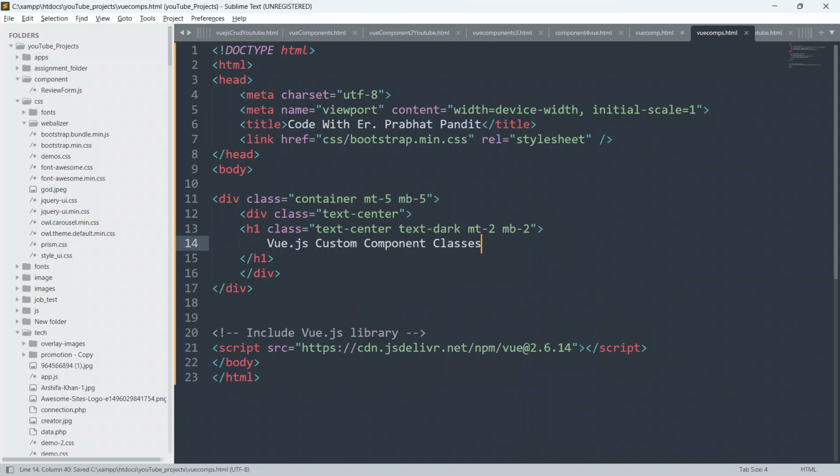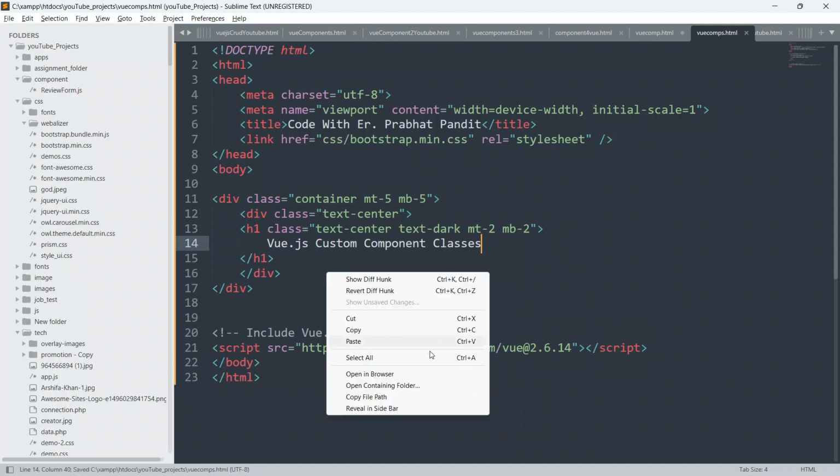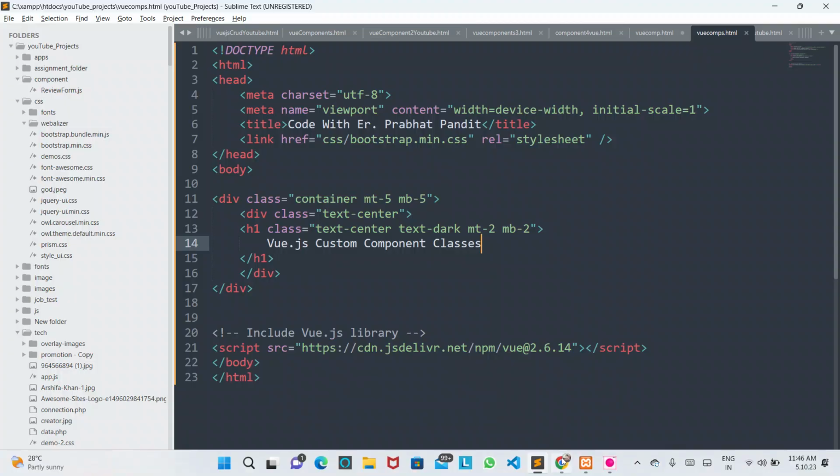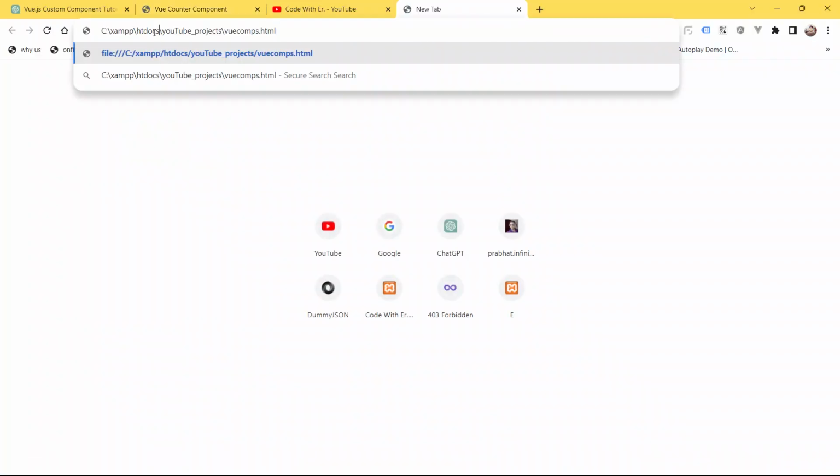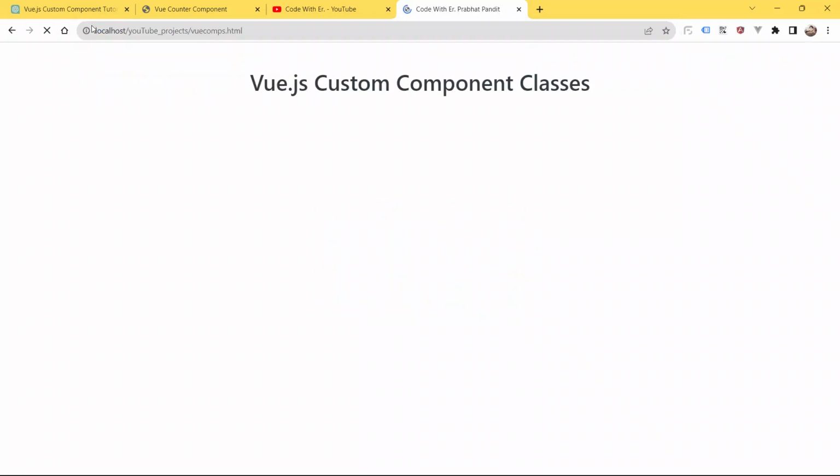Now save your code, copy the file path, and go to the browser, open a new tab, paste it here, and just remove this and put localhost. As of now you can see the text Vue.js custom component classes.